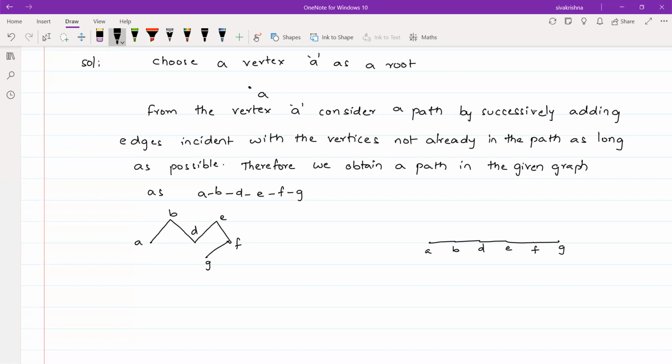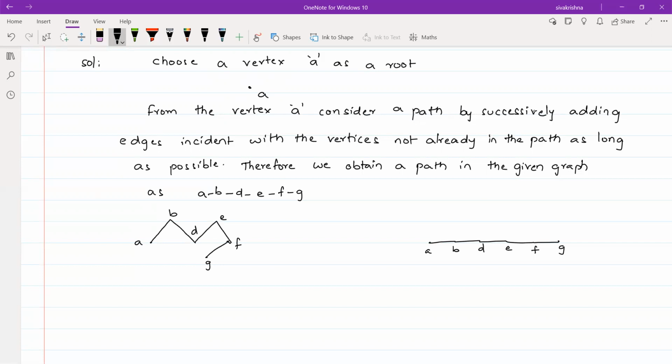Okay. Right. So I have stopped at the vertex G. I have started at A and I continued the path up to G. So from G, we are having an edge towards D. It means if you draw an edge from G to D, we get a cycle. So that I have stopped the path at G.